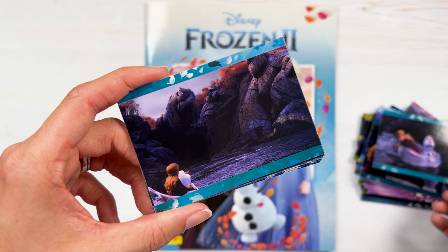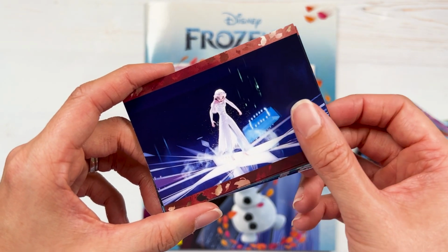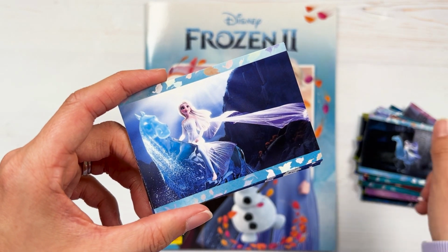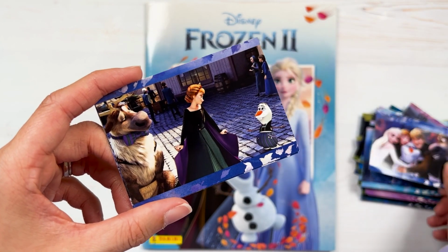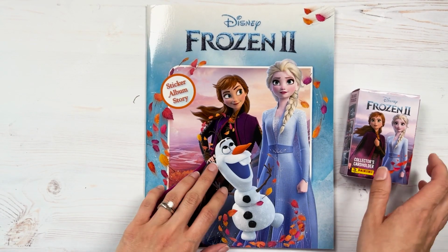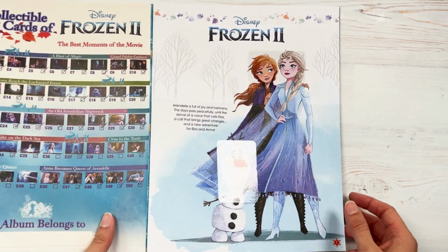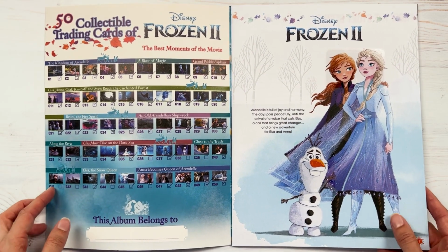As you can tell, it's all film stills for these cards, which is a shame. And we got really close to finishing this set, if I recall. It feels like we've got close to 50 cards there. This album, I really didn't struggle much with doubles, which is interesting. So we also finished it quite quickly. Definitely a couple missing, but...